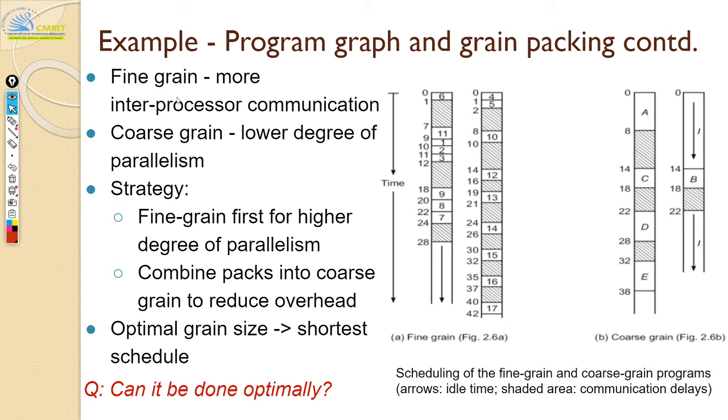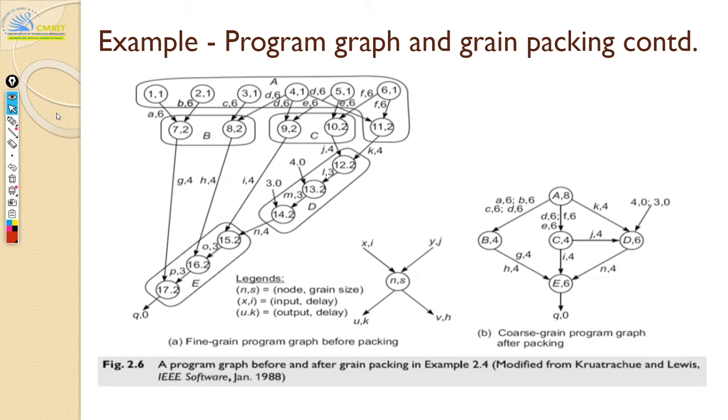Now, once we are done with our graph, we have to execute this, right? Before execution, we have to come up with a schedule. If you're doing it in a fine granular way, you have to say one should go to some processing element, two should go to some other processing element. You have to come up with that schedule. Similarly, if you are going with a coarser grain, then you have to say A should be done by one processing element, B should be done by one processing element, and also when, who should do it.